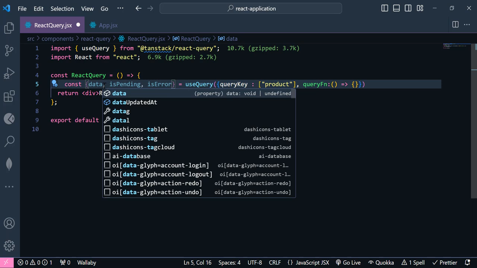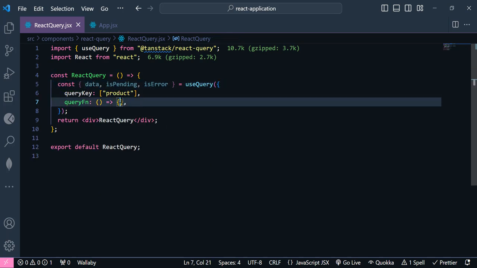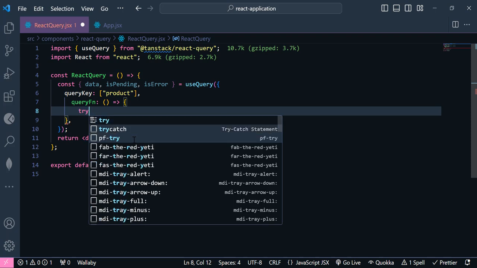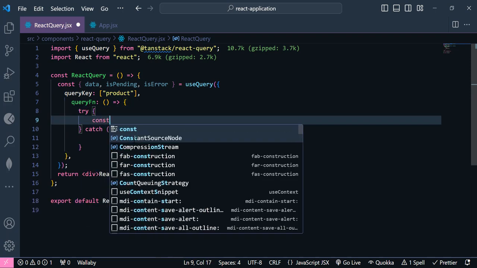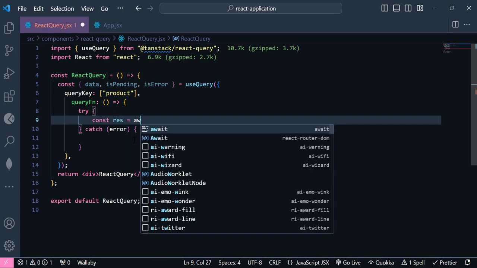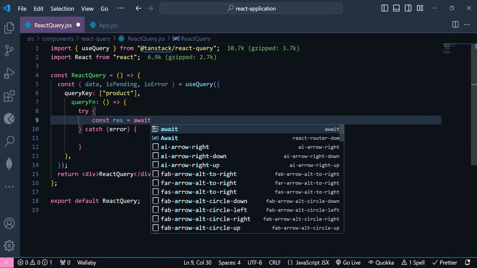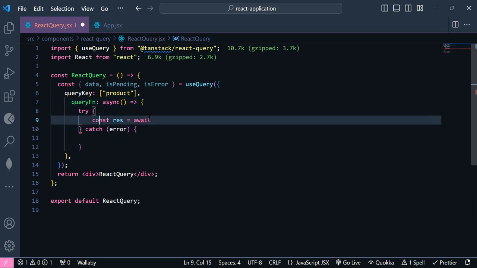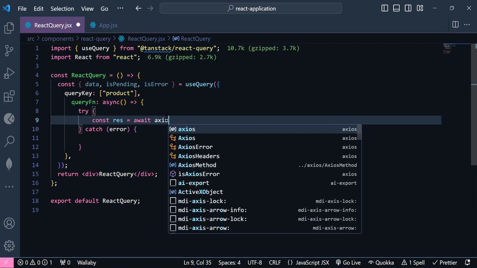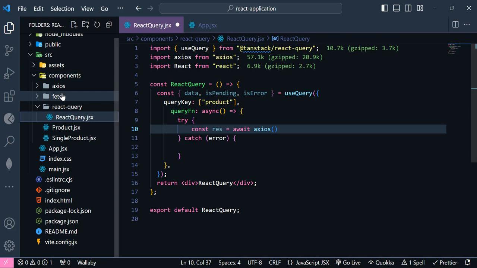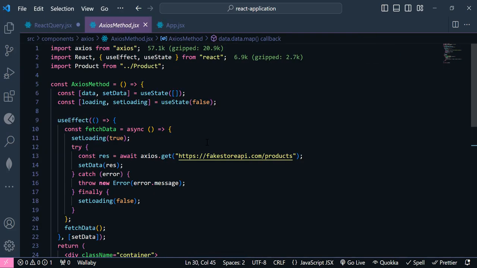I made a mistake here. So for now, let's fetch data inside here. Inside this one, we need to have a try and catch block, and let's say const response equal to await. Okay, let's make this function an asynchronous function, and again we are going to use the Axios library here. So I'm going to open this Axios, and let's copy this from here